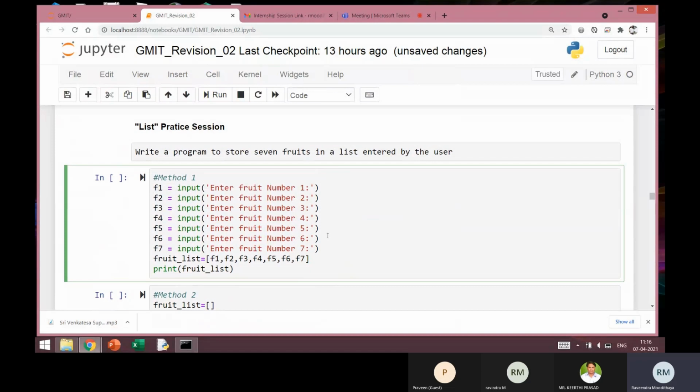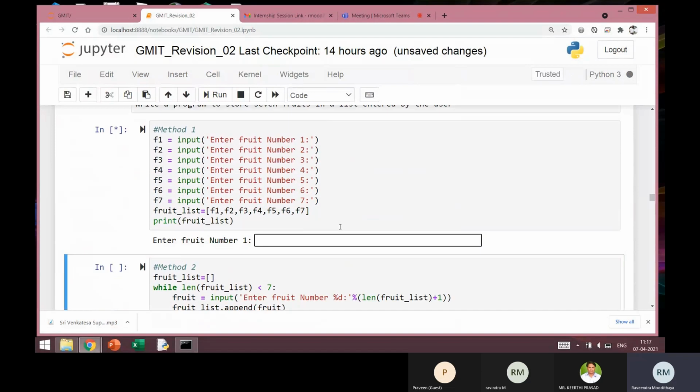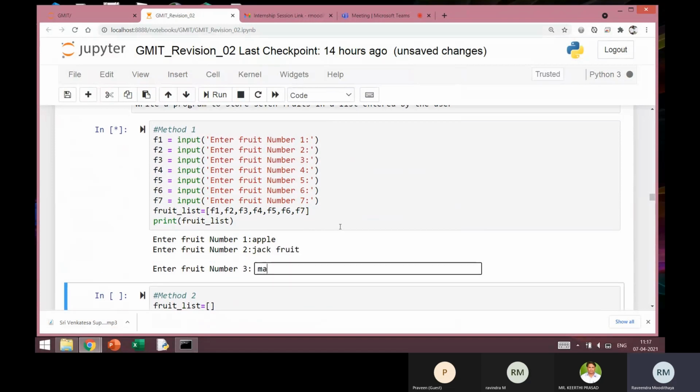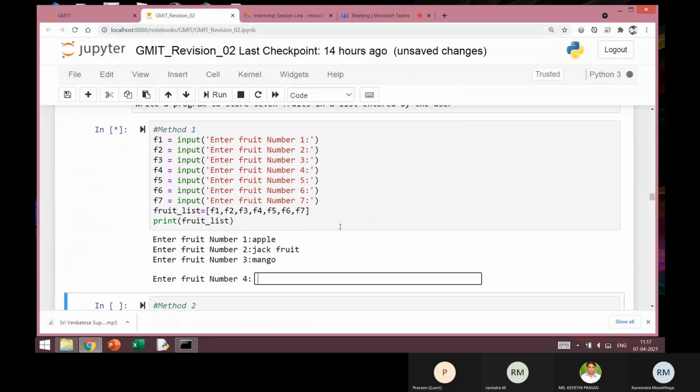So every time I should input the name of the fruit, and finally all those values are put into a list, and finally I'll produce the fruit list. Okay. So when I execute this, it will ask for the names of the fruit that you want to include in the list.